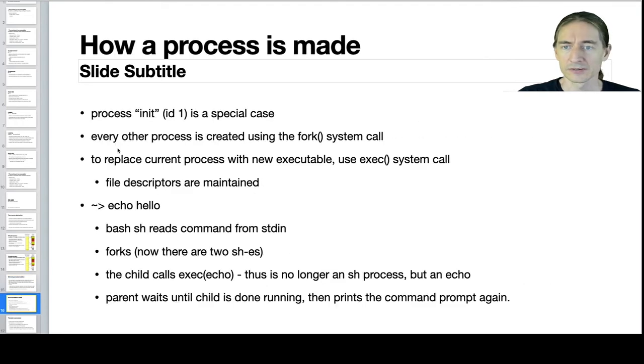Okay, how is a process made? First, when the computer starts running, it's only running the kernel, somewhat simplified. At some point, the kernel creates the first process. It's a very specialized case. It's called init, has ID 1. That's the only process ever created this way. All other processes are created by forking an existing process. So init will fork itself. Now there's 2 inits. And then it'll issue an exec system call, which replaces